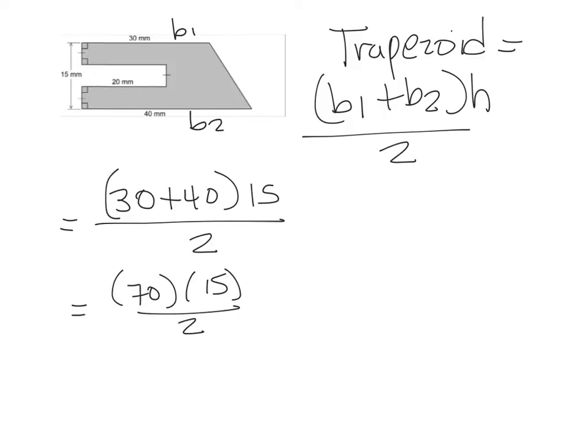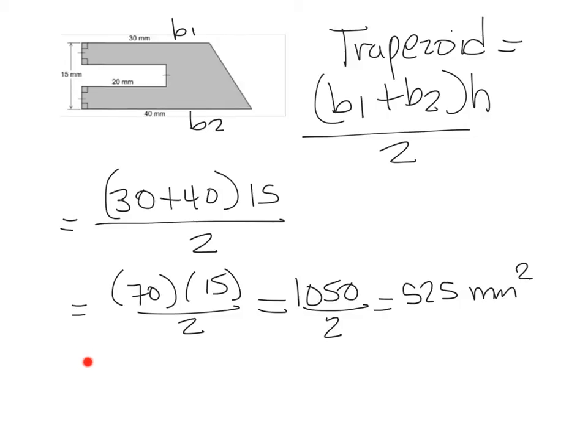The multiplication of 15 times 70 is 1050 into 2. And that into 2 is 525 millimeters square. But that is including this rectangle. Now we need to subtract. The rectangle is